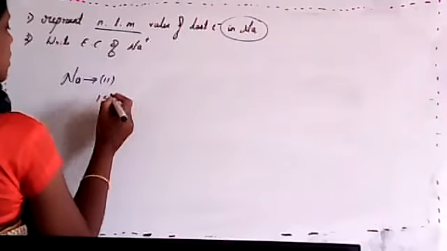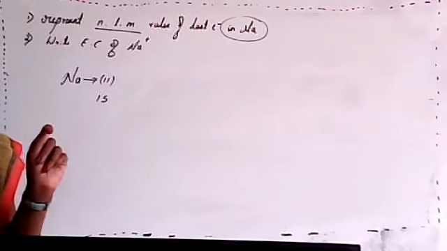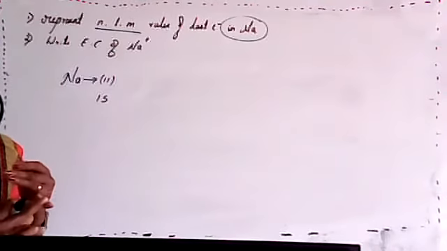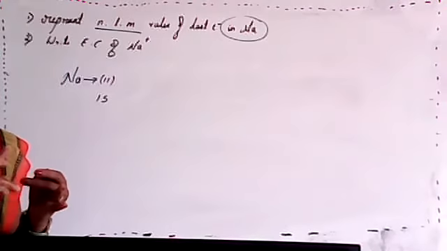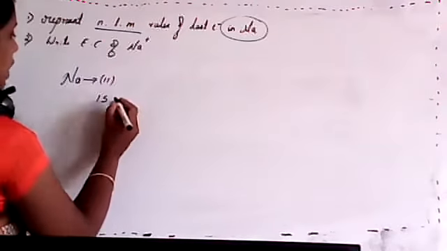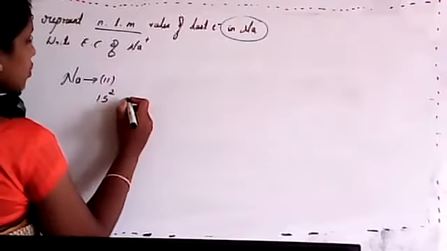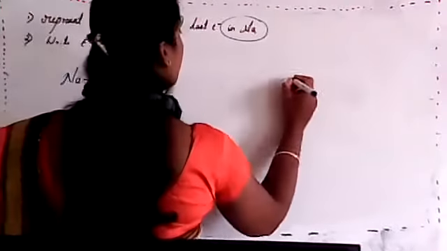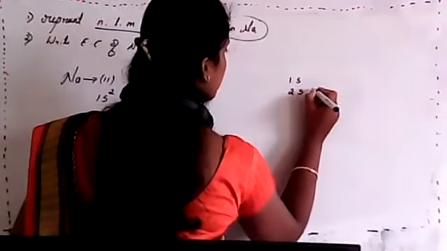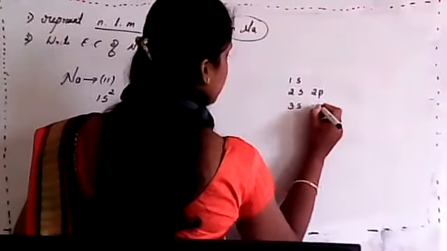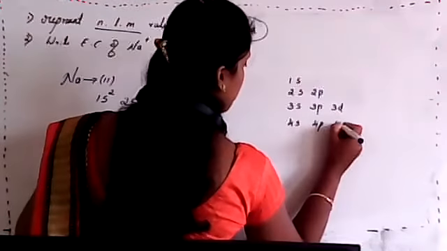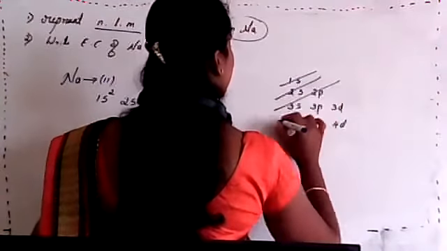And its configuration is, students, while writing the electronic configuration, you have to remember the principal quantum number and the azimuthal quantum number. You have to remember these two. First one, 1s2. Next one, it is 2, not 3. Don't confuse, students, because we know one representation method, isn't it? 2s, 2p, 3s, 3p, 3d, 4s, 4p, 4d. We have to arrange them in the order of energy level.